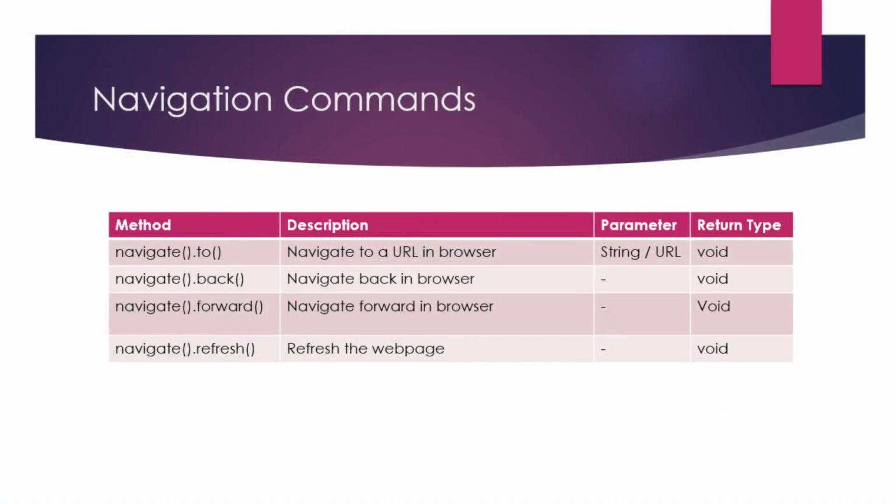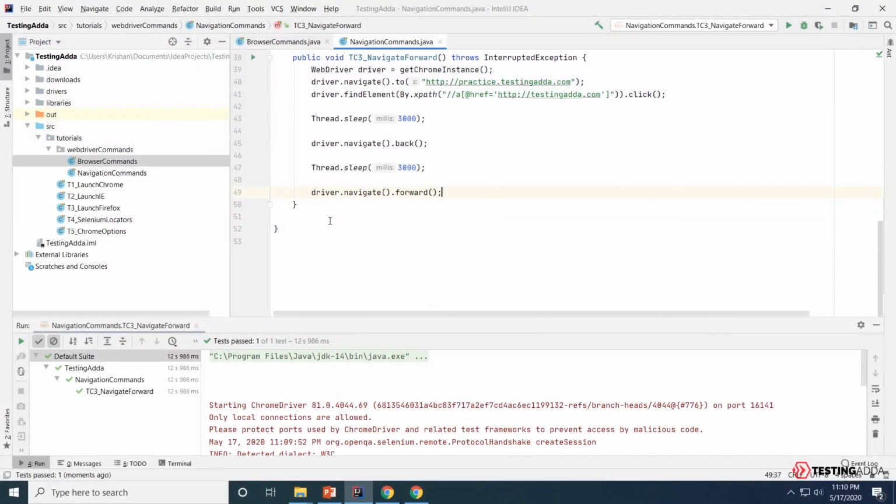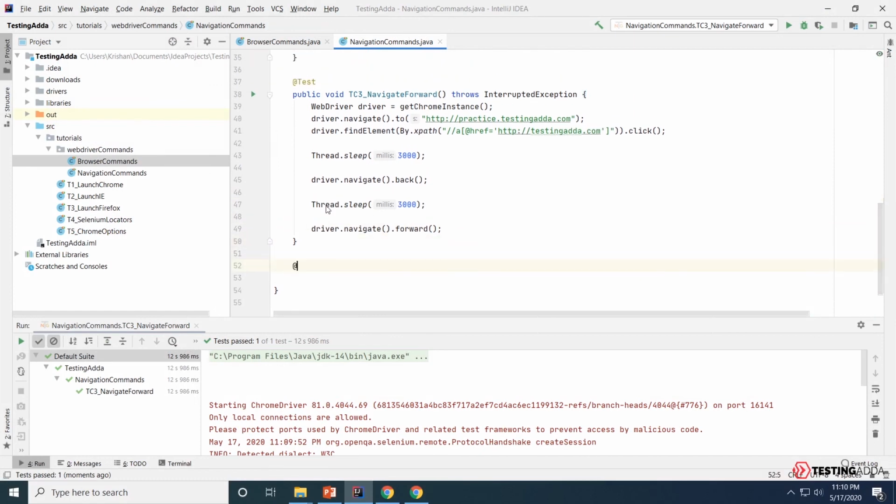Coming up to the next command, the last of the navigation commands, that is navigate.refresh. This is just to refresh the web page, so we can also test it. This method accepts no parameter and returns void, that means no value. Let's go back to our IntelliJ. This is pretty simple. So we'll write @Test public void tc4